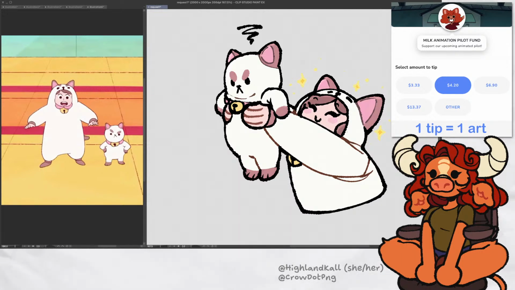Actually, let's make that a multiply layer. Then I can make it a little bit more saturated. Like so. And there we go. I think that is a good place to stop.